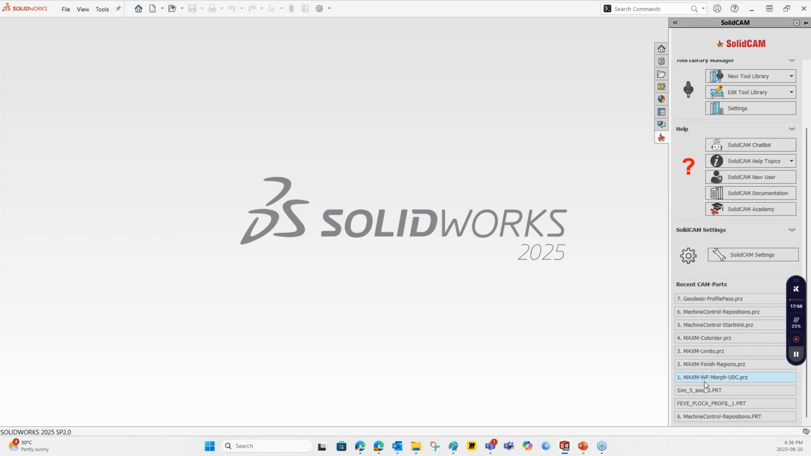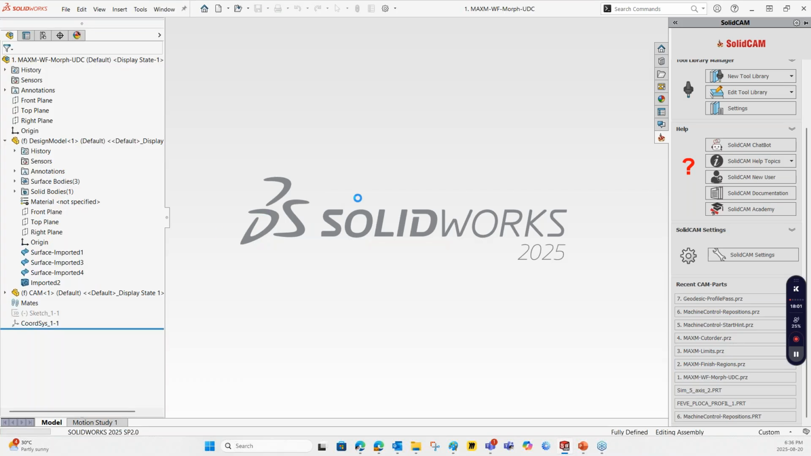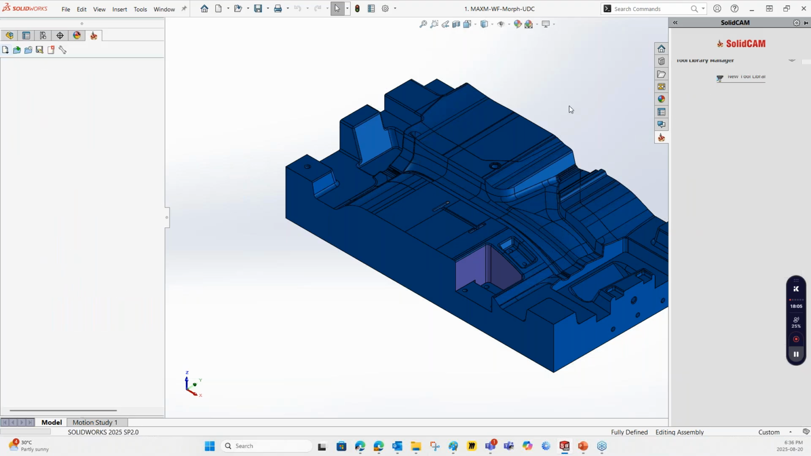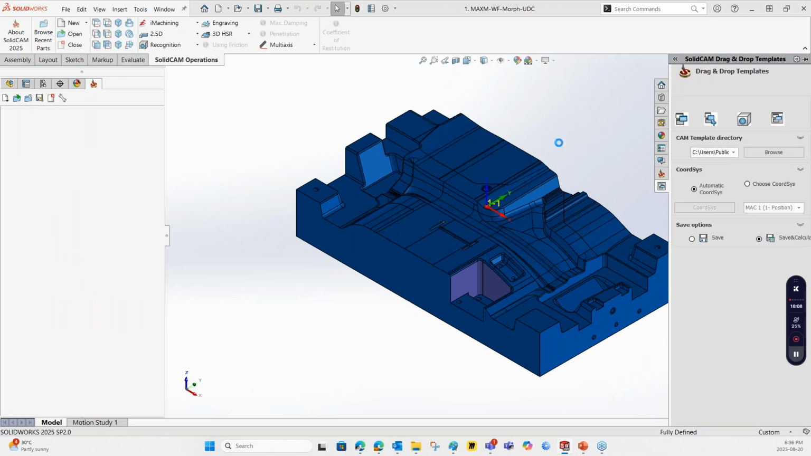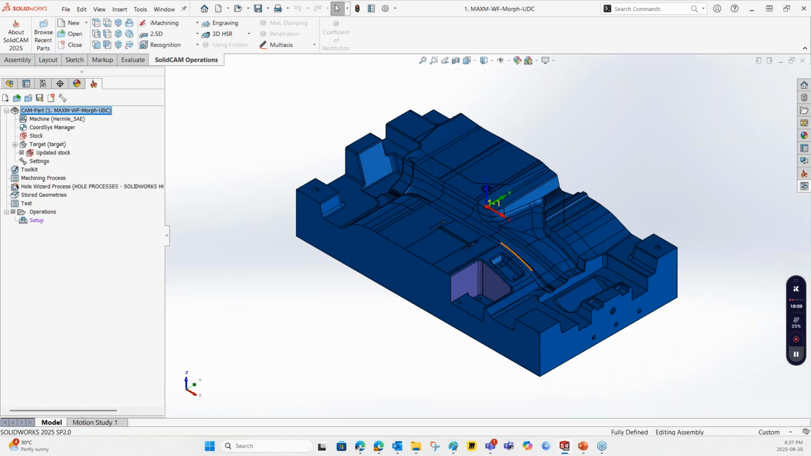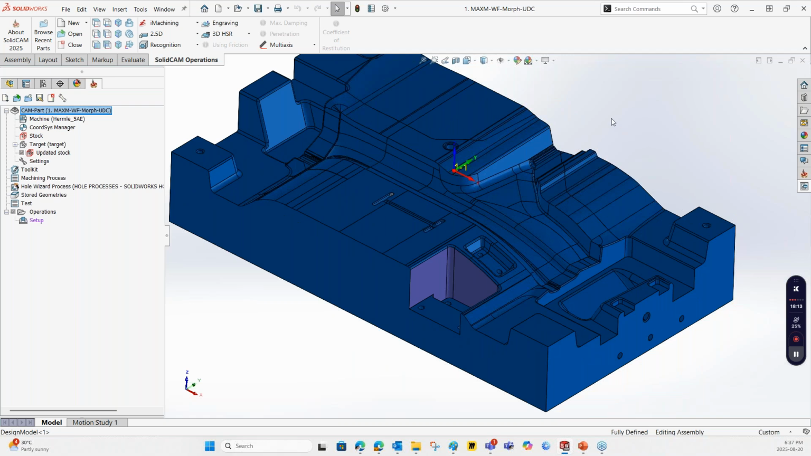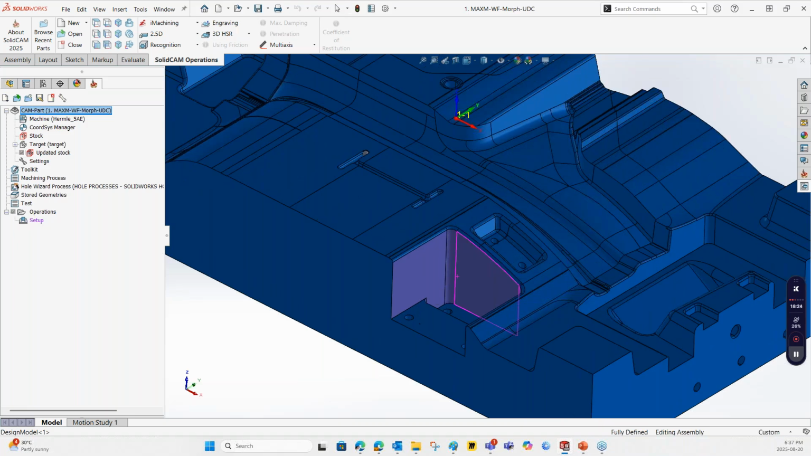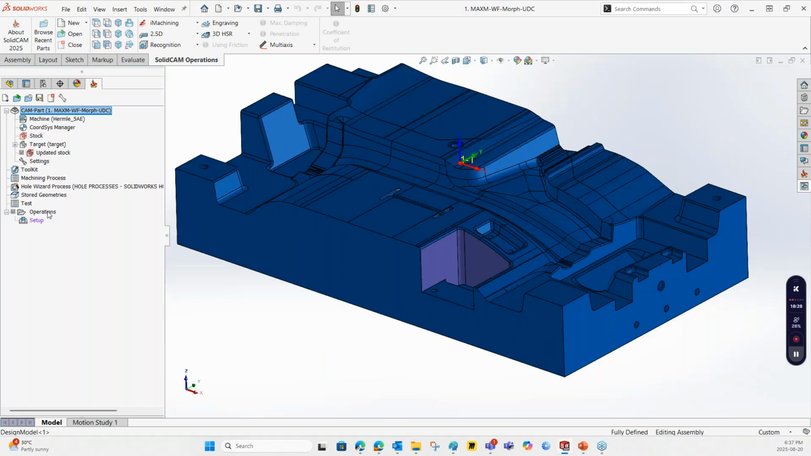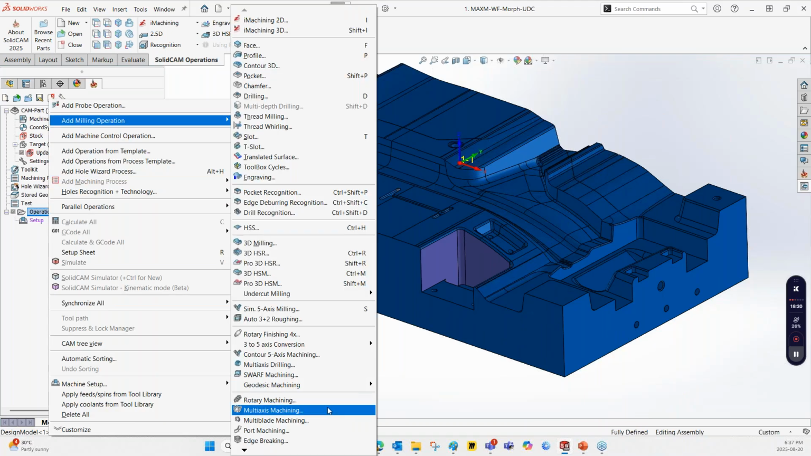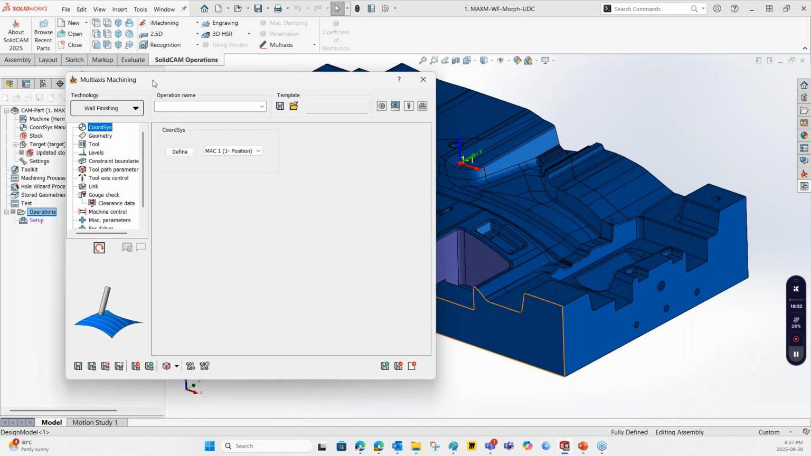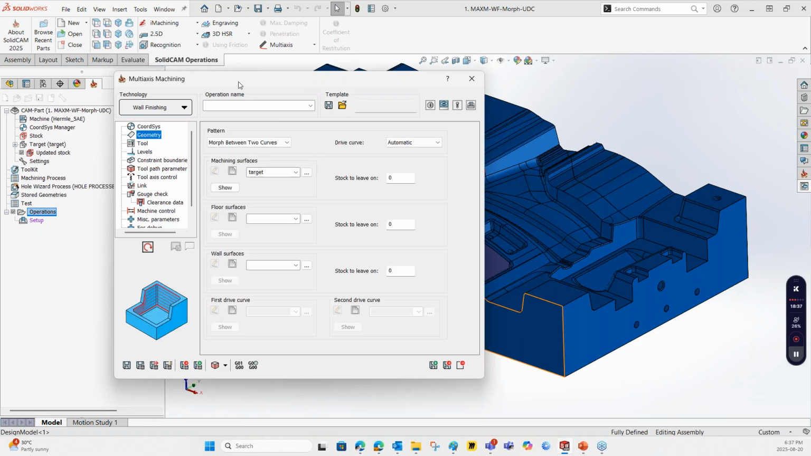Let me open the part. I have chosen a part where the existing automatic morph between two curves fails, and we can use the new functionality where the user can define the drive curves manually. So I have these violet color surfaces to be machined. I will launch multi-axis machining, and I will choose the wall finishing technology. And if I go to the geometry page,